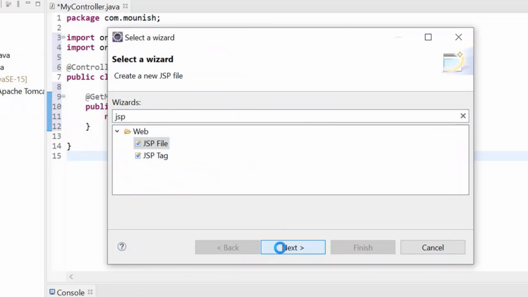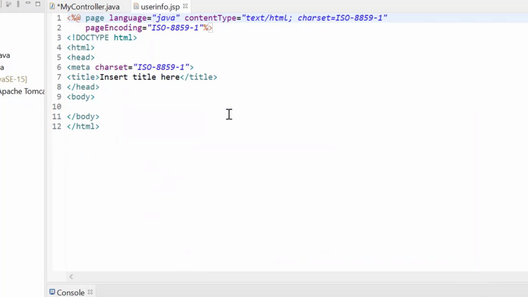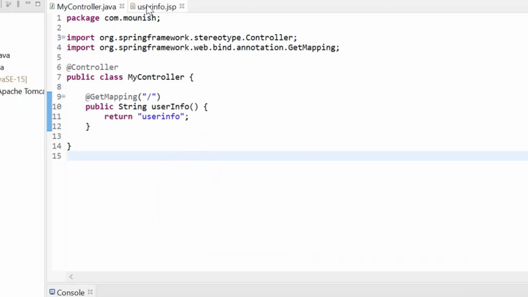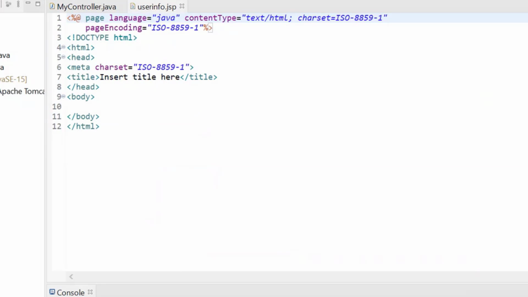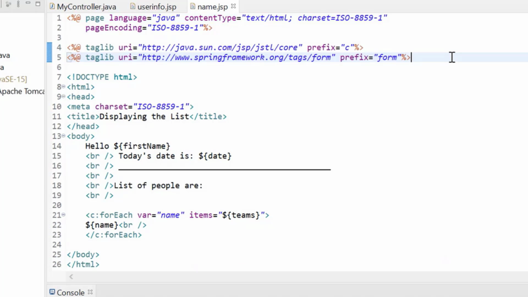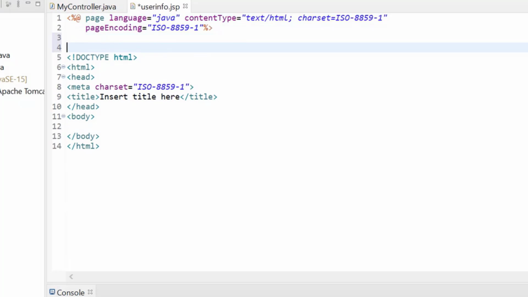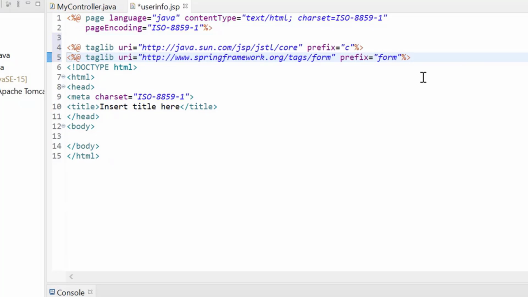Let the page name be user info. Good. So basically I'm having a JSP page right now. Let me save this, go back over here. I'll open my name.jsp and copy these two tags. Whether you use them or not, I just make sure that I have these two things. So now I can use my form and also my core tags.